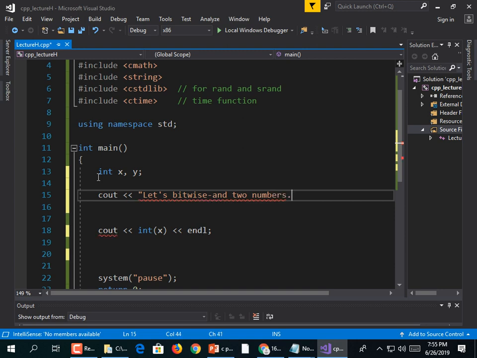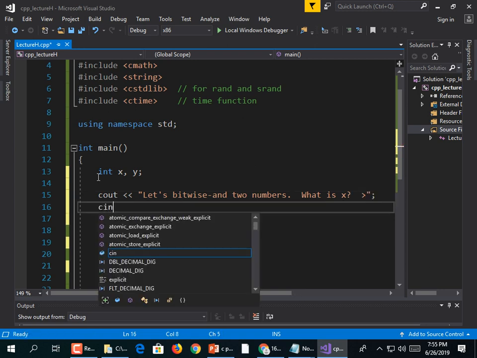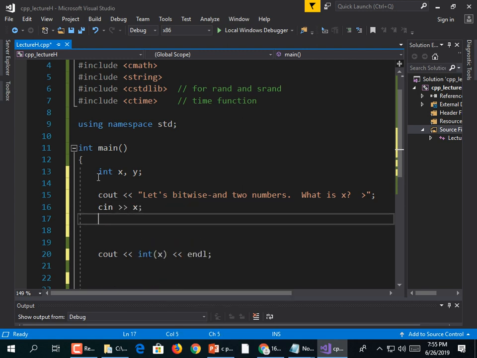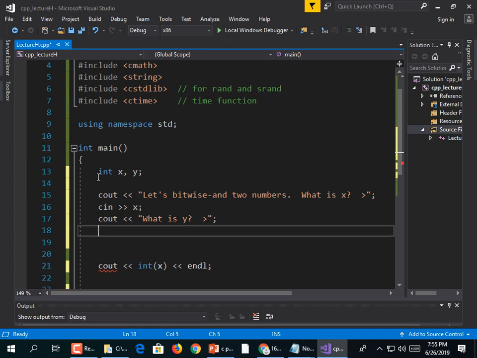Numbers. cout << "What is x? > "; cin >> x; and then cout << "What is y? > "; cin >> y;